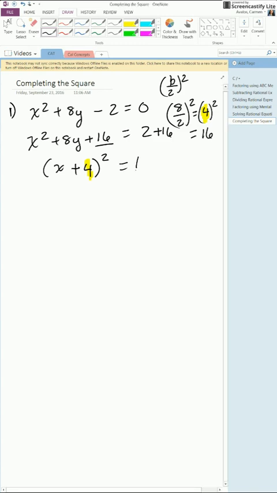And then on this side, we get 18. Now we're at the point where we could do the square root method. Because this is squared, I want to solve for x. I want to get x by itself. So we're going to take the square root of this side, and we're going to take the square root of that side. That's going to cancel, and we're going to get x plus 4 is equal to